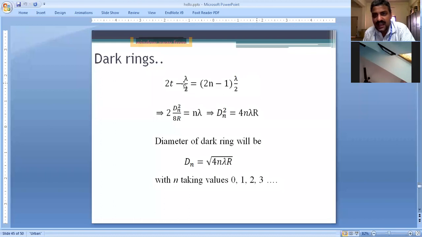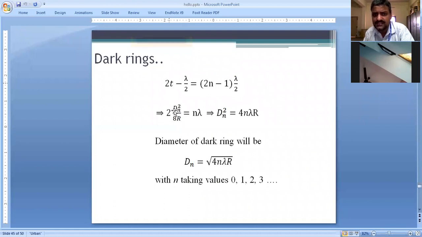What I mean is, if I add a lambda on the left hand side, and on the right hand side I have n lambda for maxima, if you pull the lambda to the other side, it becomes (n minus 1) lambda. After all, n is an arbitrary integer, right? I have decided n. You can take m, you can take p, any number, right? Integer multiples of lambda are not going to make any difference. That's why no matter whether you take minus lambda by 2 or plus lambda by 2, you will end up with the expression. Let me put it here.